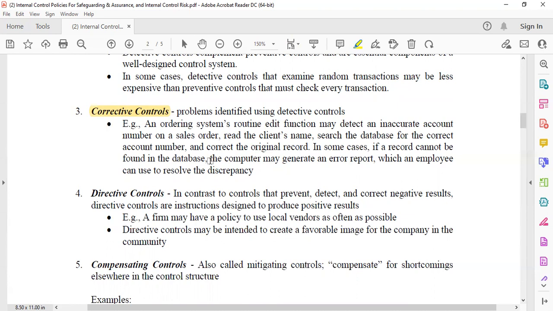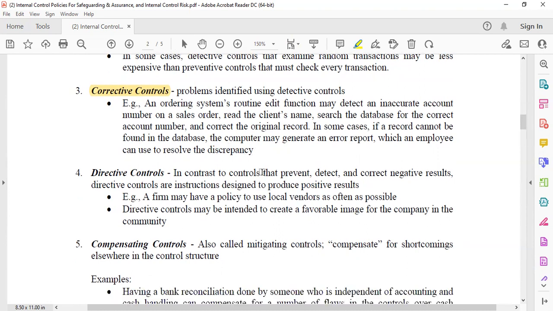In some cases, if a record cannot be found in the database, the computer may generate an error report which an employee can use to resolve the discrepancy. So for example, Mr. A, wala pa siya na-exist sa atong database. So in that case, unsa man ang buhaton ni employee? So si employee can decide how to resolve this. For example, the employee may want to generate a new account number for this new client na wala pa makitaan